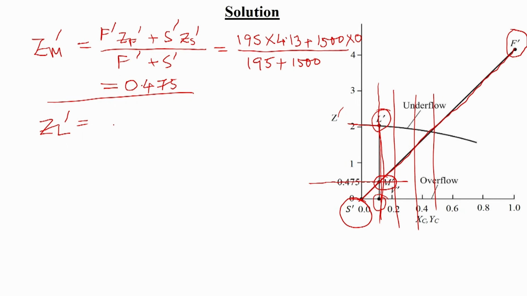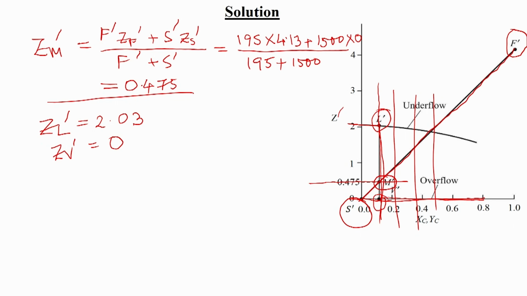that is obtained from this graph, actually it is obtained as 2.03, and Z V prime is obvious that it will be almost 0, because whenever we convert the overflow into a solid free basis, there will be no solid. Okay. That is why it will always be lying on the x axis. So, that is why Z V prime will be 0. Okay.